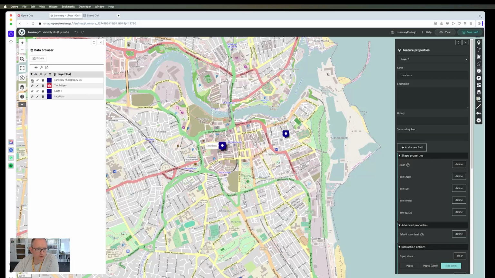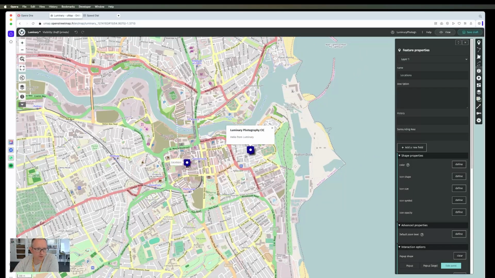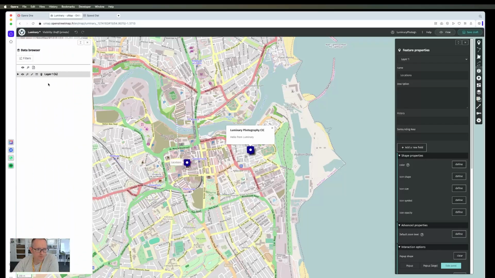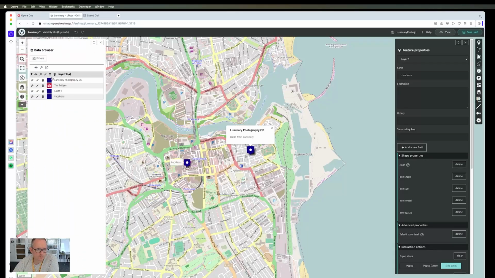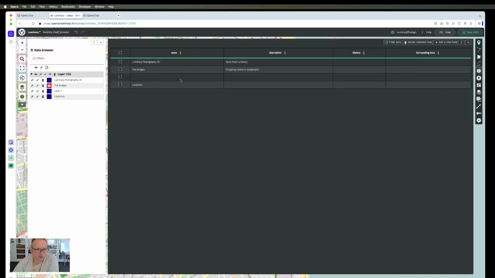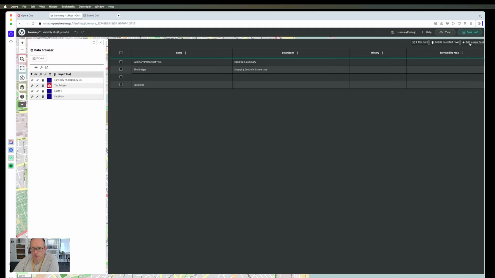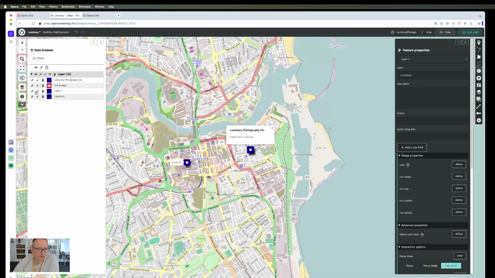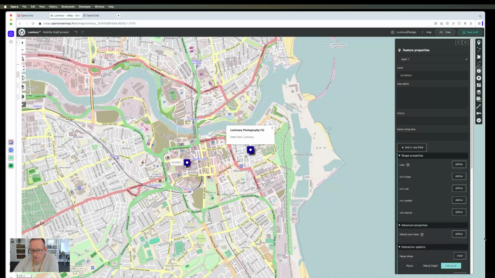You can zoom into it, you can delete it, you can show it as a list of places, so you can have all this information in one place. And the pencil here is just to edit, and obviously the dustbin is to delete. Okay, so if we go to the next